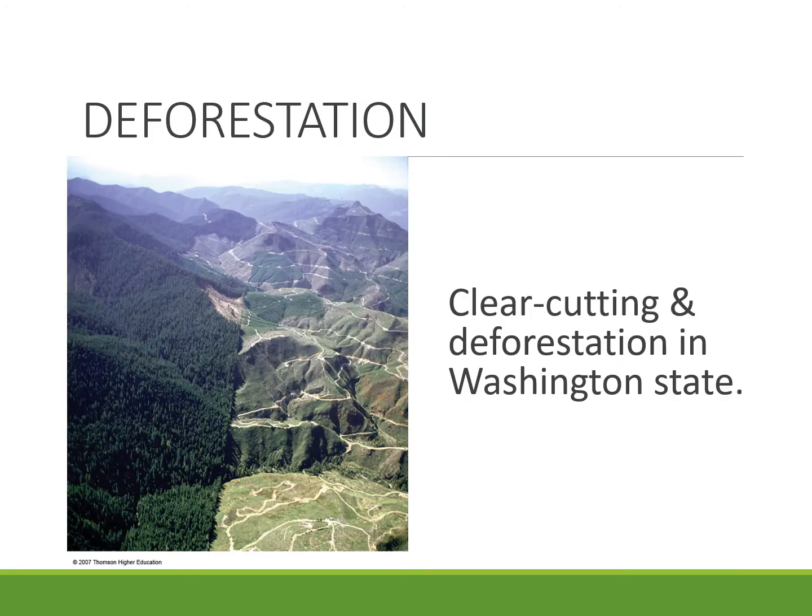And another picture. This was from your textbook, I believe, as well. It's deforestation in Washington State. I thought it was kind of nice because you can see the difference, right? So over here on the right side, you can see all the trees are gone, whereas on the left side, the forest is still there. We call that clear cutting. You do not leave a single tree behind. It's done. You cut everything down. If those trees are not replenished or replaced, it's a deforested area.